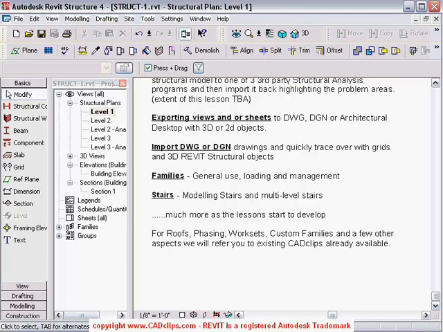So combined with perhaps some of your suggestions and/or these topics I've just covered, we'll be filling in the cracks with all kinds of other little stuff. Obviously I can't verbally and in writing cover everything we'll do, but this is really a good chunk of what we'll be doing. And I just have a note at the bottom here for roofs and phasing and work sets and